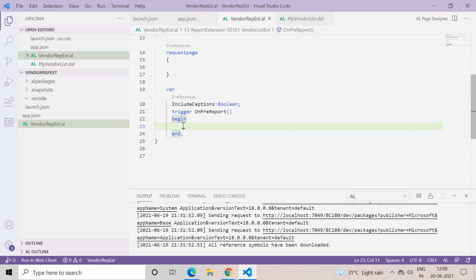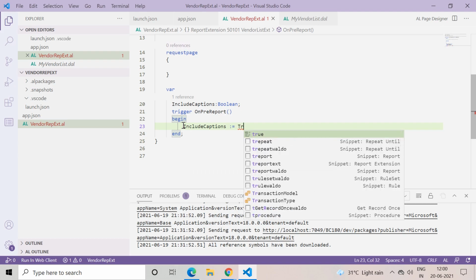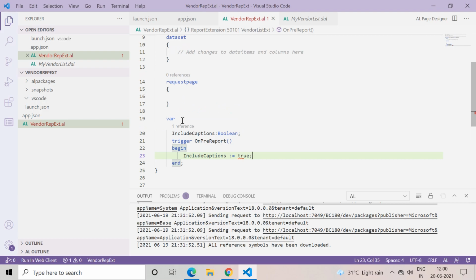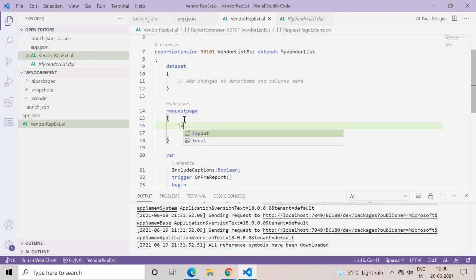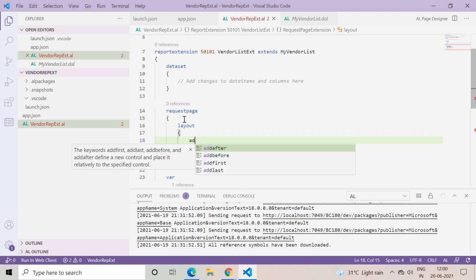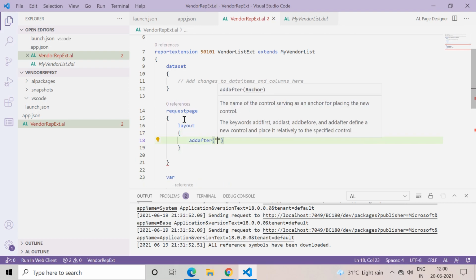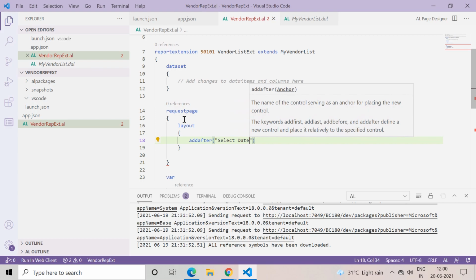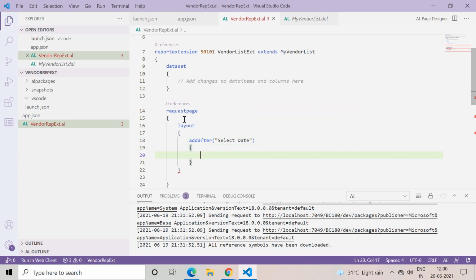But we can always select our own variables, which we can do here. Let's say include caption as true. Just to add this, because we want to learn the new features and how we can make use of the request page, let me add this new field, include captions.